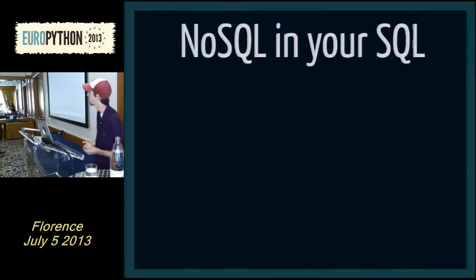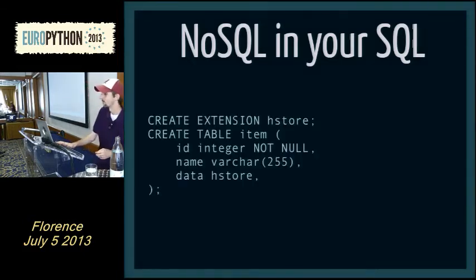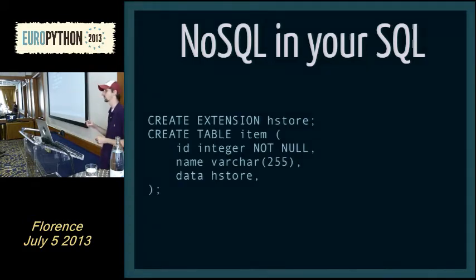This is hstore. How many people here are familiar with and have used hstore? All right. So hstore is a key value store inside your database. So you can pass any kind of random key value you want in there. So it really starts to get schemaless. It's not a full document store. It's not a full JSON document inside your database.